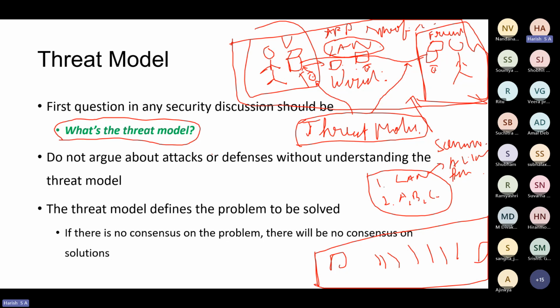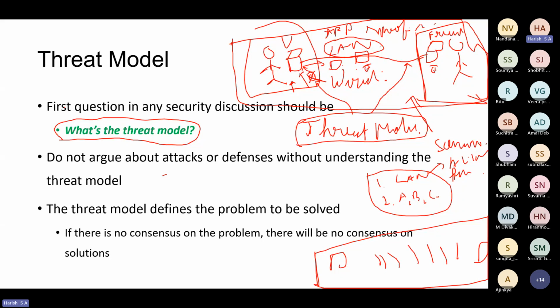I'm assuming the attacker can compromise my system over here. But someone else might bring a threat model where he can say, I'm making sure that this part is secure. The attacker cannot be here. In that case, what all can the attacker do? So the threat model fundamentally changes how you look at the security of a particular scenario. So in the same scenario, if I say the attacker cannot be here, then the attacks change, and the kind of defenses also change. Correct. So that is the practical way of looking at what a threat model is.